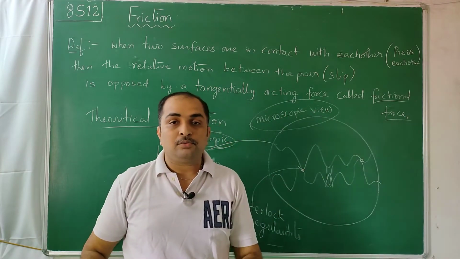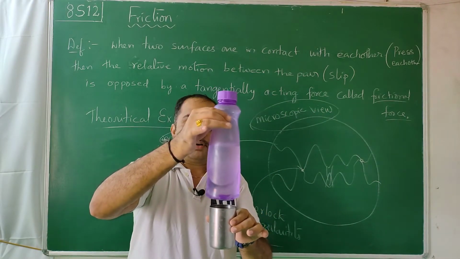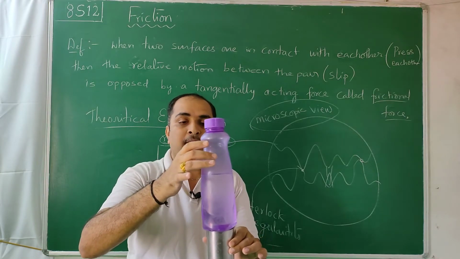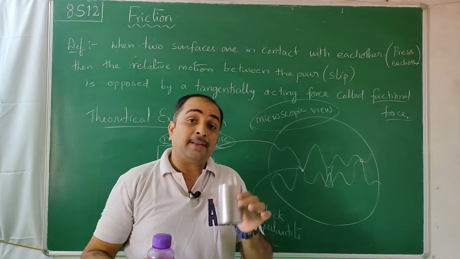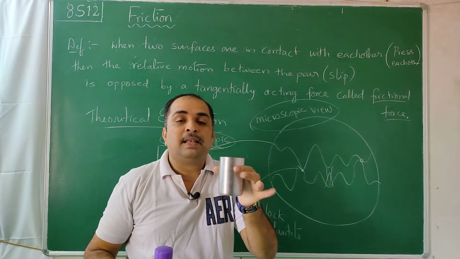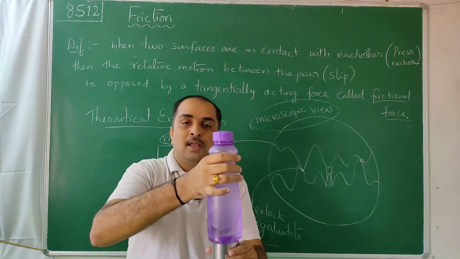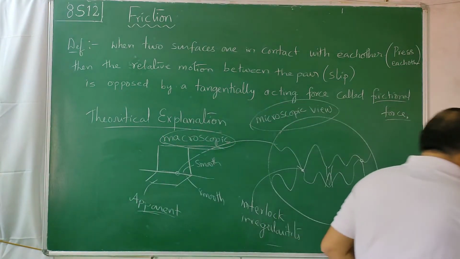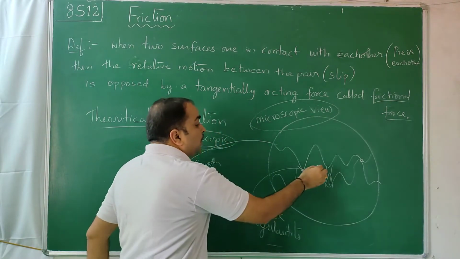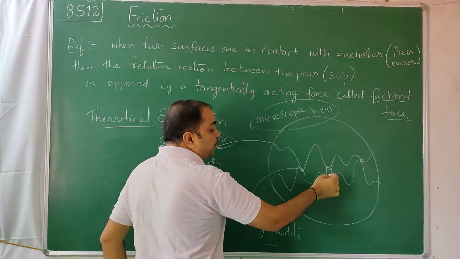Is the glass falling down? No. Now I put one object like this. It's not falling even now. The glass is not slipping. Actually, without knowing, I pressed the glass more. Previously, I was pressing lightly, slightly. Now when I put this, unknowingly I pressed the glass more. Why did I press the glass more? So that more of the microscopic area comes into contact.